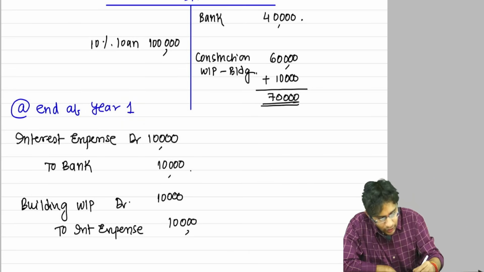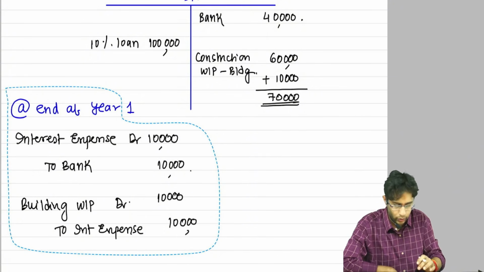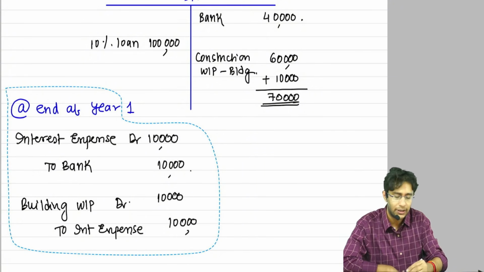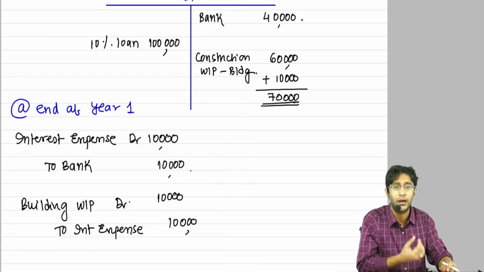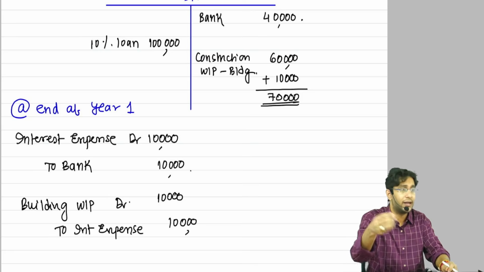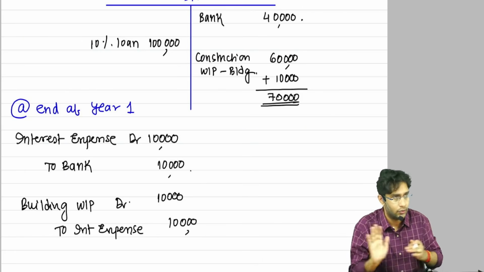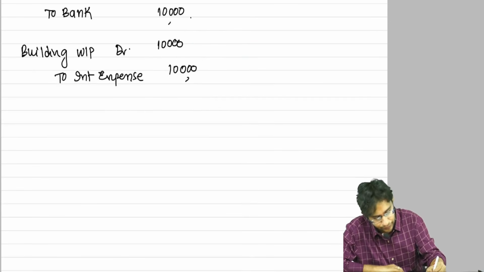Sir, understand the logic why we are not throwing an expenditure to P&L account. What's the reason? I took a loan. On this loan, I have an expenditure, but that loan money is not used anywhere which is giving benefit already in year 1. The loan money will become an asset, and the asset is not ready for usage. So this interest cost cannot come to P&L account in year 1, sir. Now,